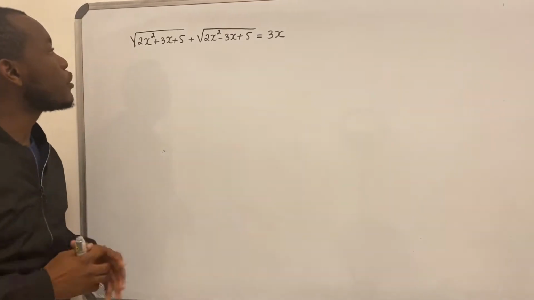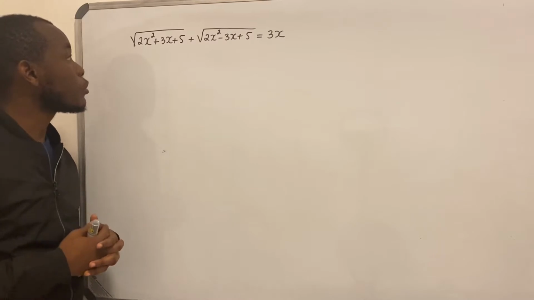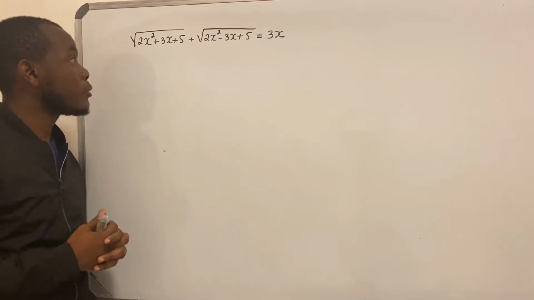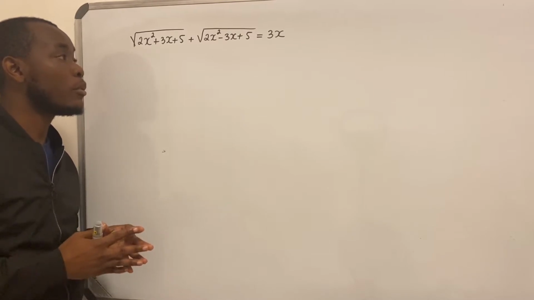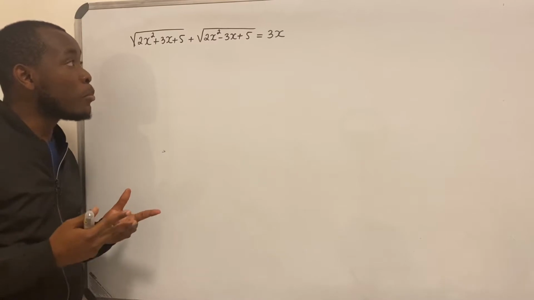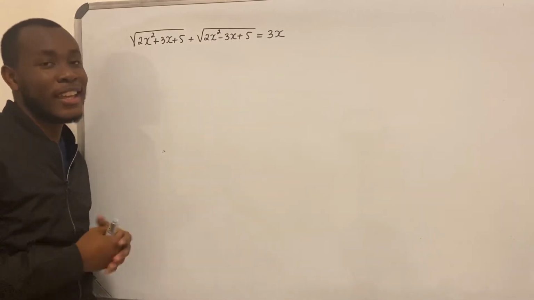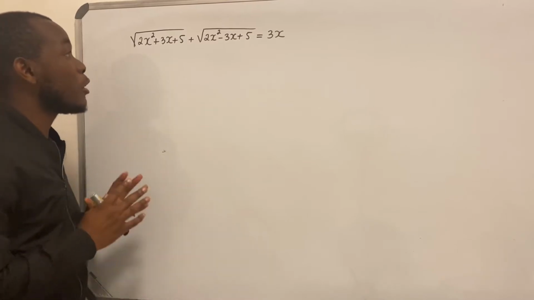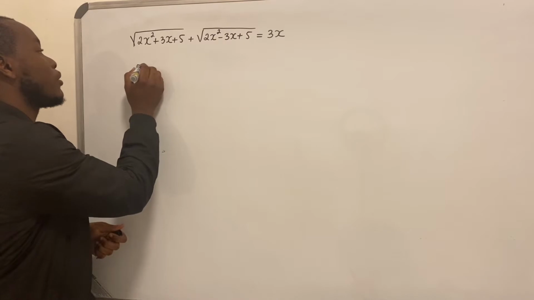So today we have this radical equation exercise to solve. We have square root of 2x squared plus 3x plus 5 plus square root of 2x squared minus 3x plus 5 equal to 3x. Okay, so maybe the approach that you're thinking right now is squaring both sides, but that wouldn't be advisable. So the approach that we're going to be considering here, let's start by considering that we